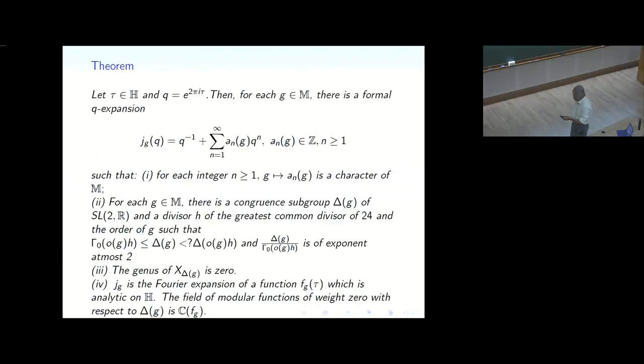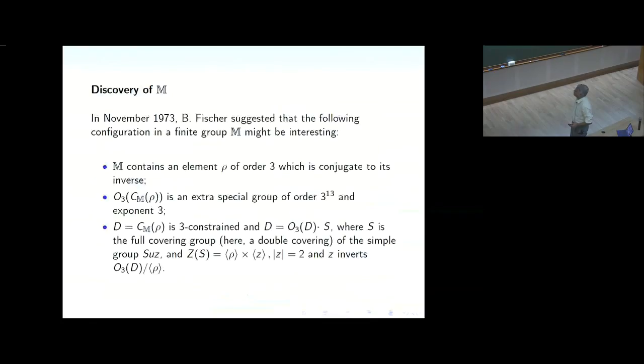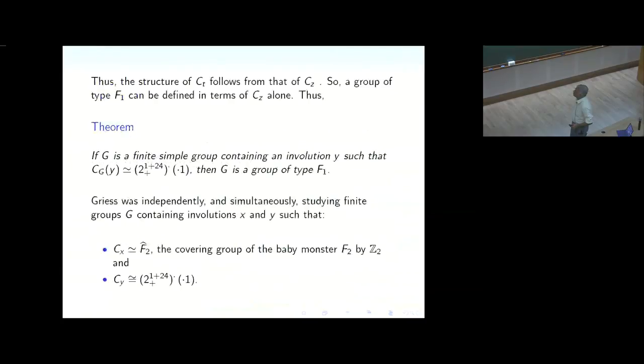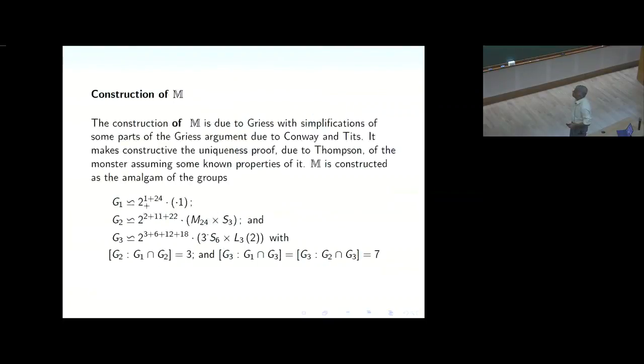On this basis, the famous Moonshine conjectures were made, and they were proved. This is the explicit conjecture, which is a theorem now, and I'll not go over more of this because there will be more detailed lectures on it. I'll come to the discovery of M later. As far as the construction of the monster goes,